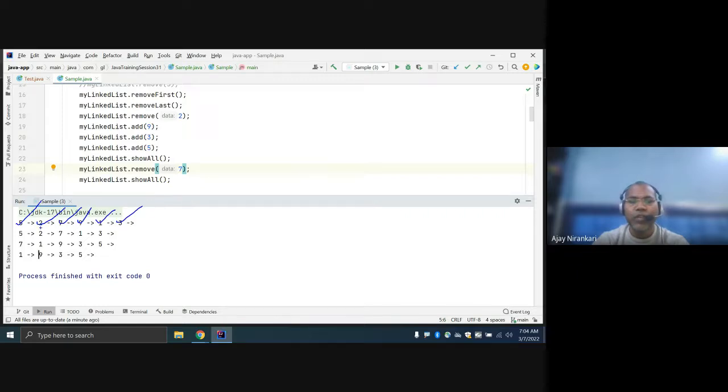Okay. So let's say I want to remove the fourth one's data, but I don't pass the data, I pass the position. This is position 1, position 2, position 3, position 4, position 5. I want to remove position 3. Here currently remove is working for your data. What data exists in the linked list? But let's say I have a linked list object. I don't know which data I want to remove, but I want to remove the third place data, whatever is in third place. Right? Yes. So how will we think? How will we do?